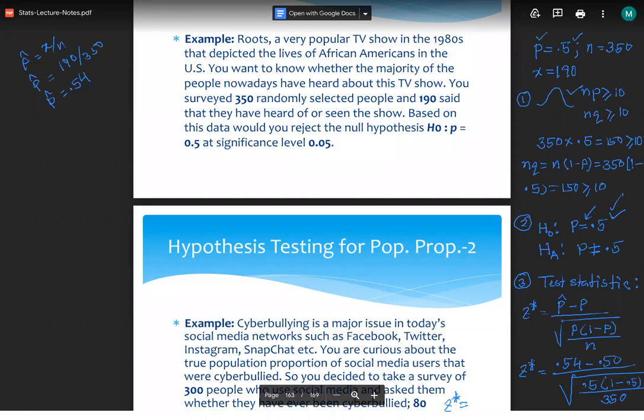0.54 minus 0.5 is 0.04, then divided by... it gives me 1.496, or 1.5. So Z star is 1.5. The test statistic value is 1.5. And this is a value, by the way, you're gonna be